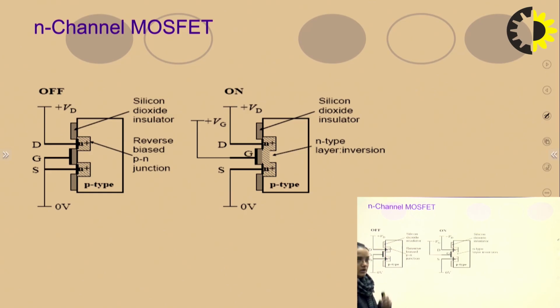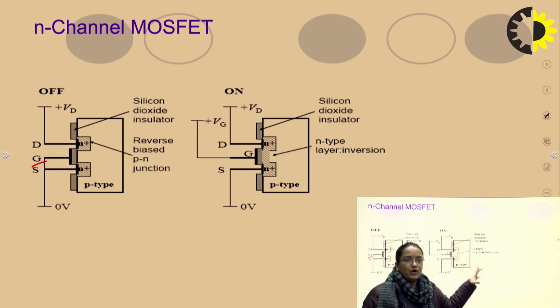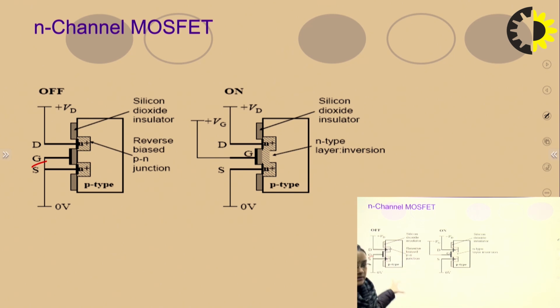This is also one of the basic constructions of the N-channel MOSFET. This is your drain terminal, gate terminal, source, and body terminal, and this is for P type. I recommend that students draw this particular construction, because this is the most simplified view of the MOSFET for N channel, P channel, depletion type and enhancement type.